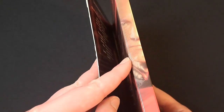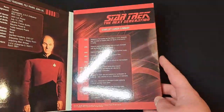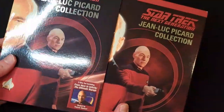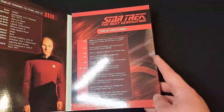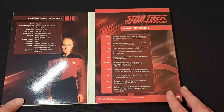But enough talk about the case, let's open it up. The DVD case is set up like a folder so it doesn't snap close. You'll definitely want to keep the DVD sleeve in order to keep the case secure. Upon first cracking the case open, we're treated to some Picard files, specifically his personnel file and his Starfleet career